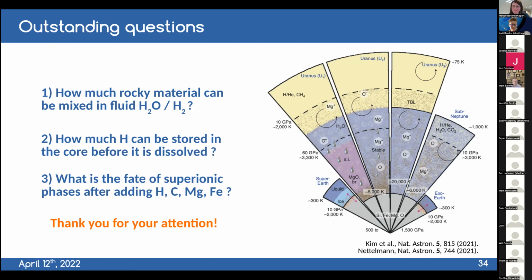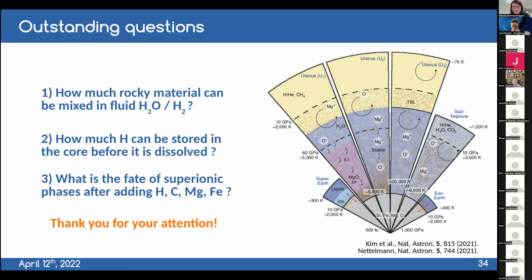Well, hey Mandy, this is Mark Hofstetter at JPL. I just loved it when you said you want to look at H2S, so I'll endorse that. And just to make sure I've understood what you've presented today. As you probably know, when we look at the atmosphere of Uranus and Neptune, we see it's really rich in methane, it's strongly depleted in ammonia, and hydrogen sulfide is depleted, but not as much as ammonia is depleted. And so I wanted to understand, when you were talking about what phases mix with the superionic phases,